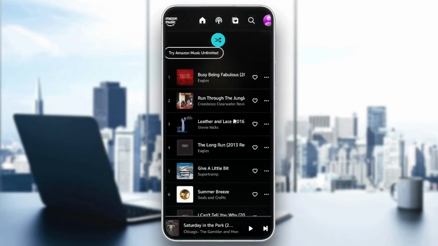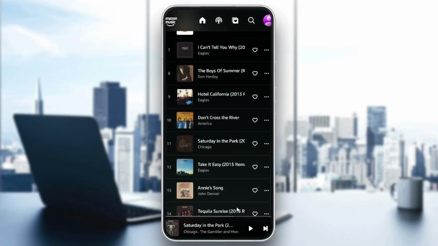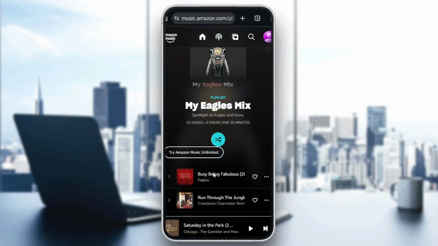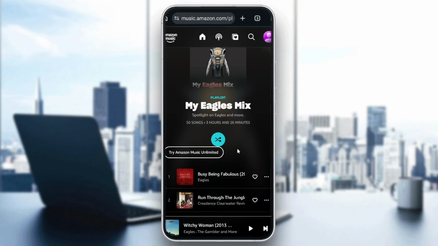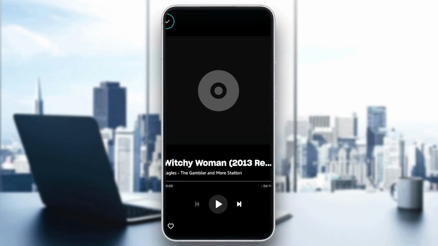As you see here, I can't really pick what song I can listen to. They just started one randomly. As you see, you can't even pick this one. They're starting some random song from this playlist. It's totally fine. So for example, I'm going to tap the mini player here to open the full Now